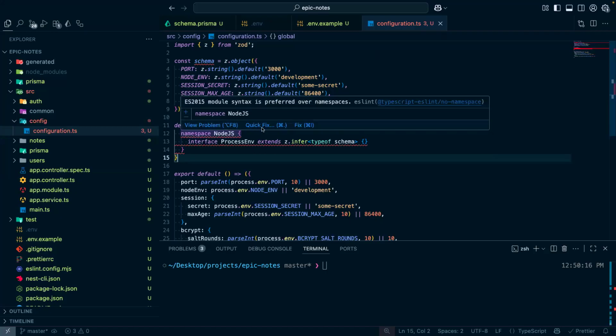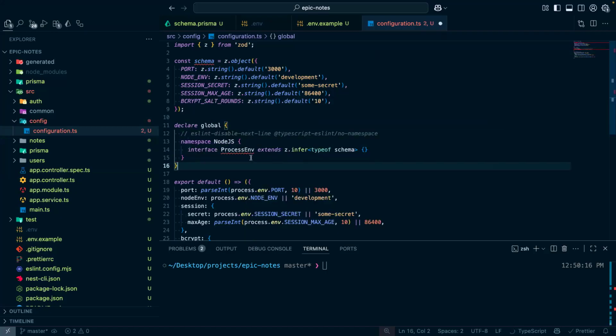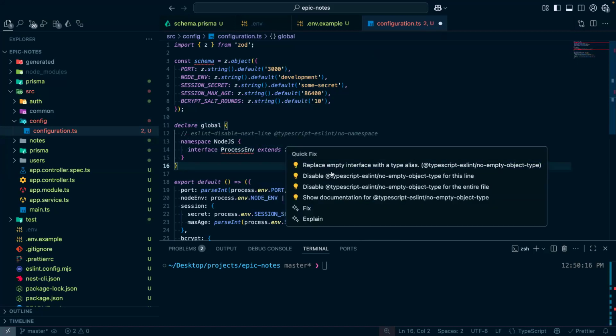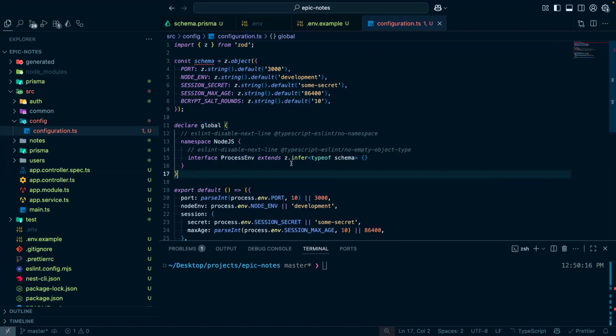So here, quick fix for this line. Okay, so now that we've declared the NodeJS namespace and ProcessEnv, we say